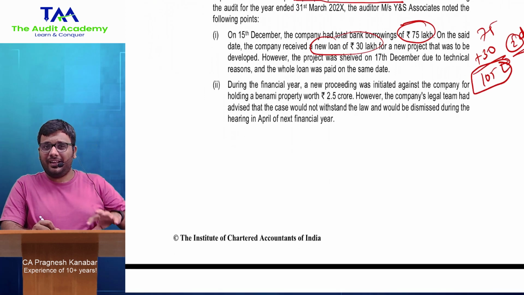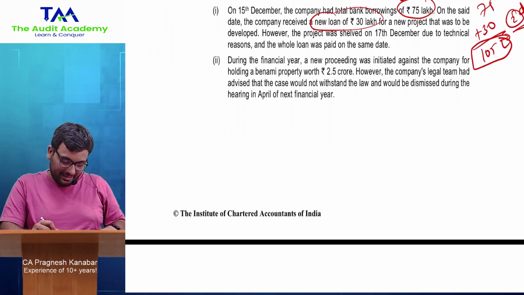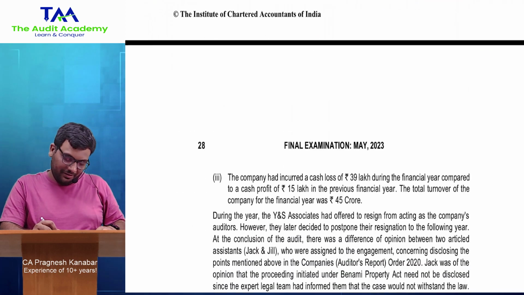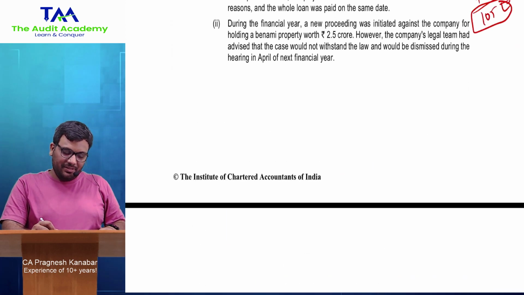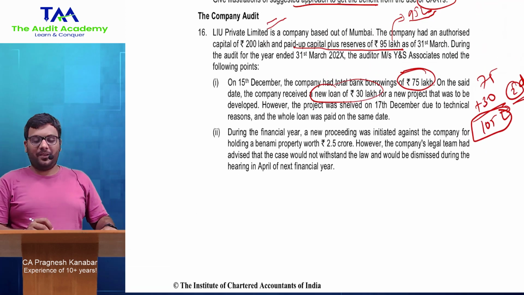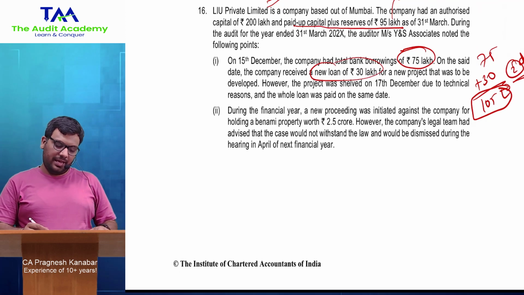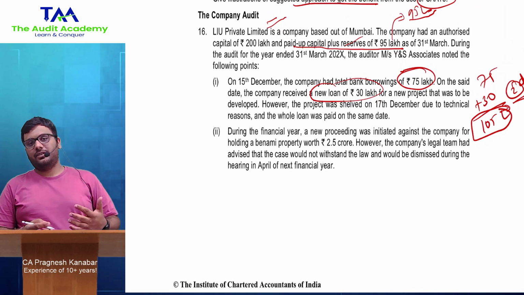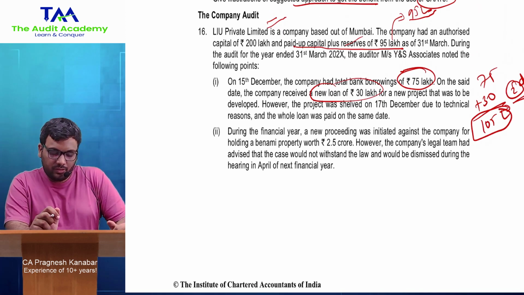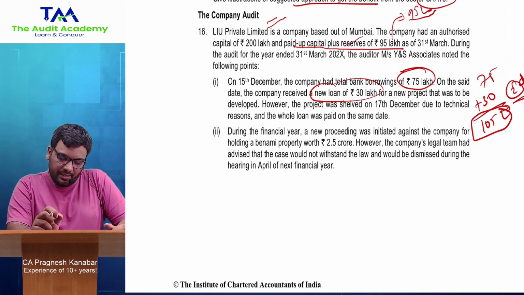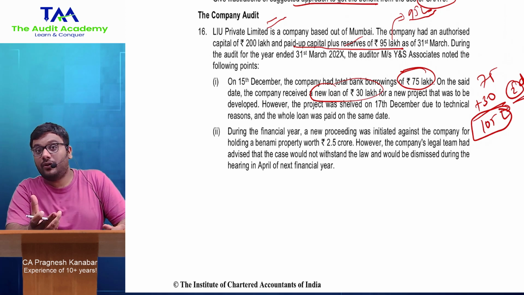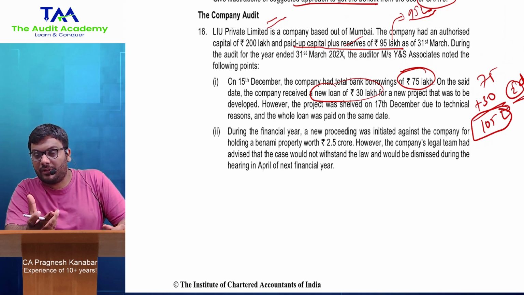Okay. It seems like the question is going towards CARO. Look at the last line first. CARO. All right. So they have given some points over here. But the first thing is whether CARO is applicable to this company or not, because as of now, paid up share capital and reserves is 95 lakhs, which is less than 1 crore. So within the 1 crore limit. And their borrowings have exceeded 1 crore at any point of time of the financial year. CARO has that requirement. Okay, at any point of time if it exceeded, then CARO is applicable.